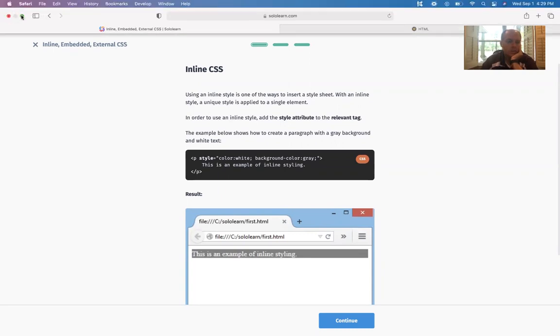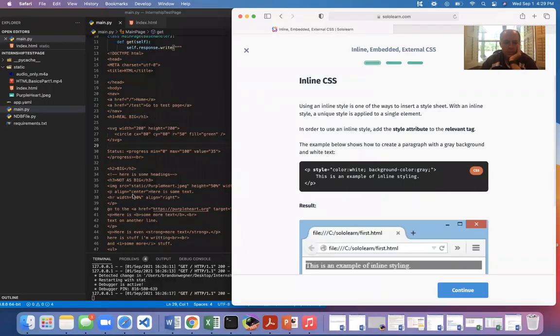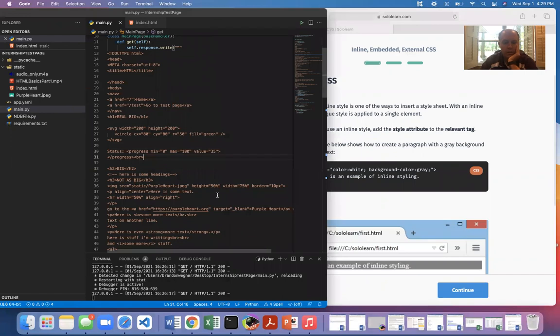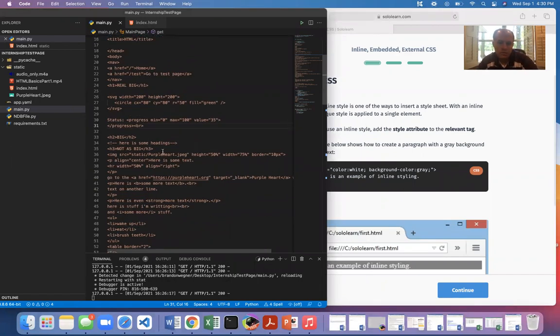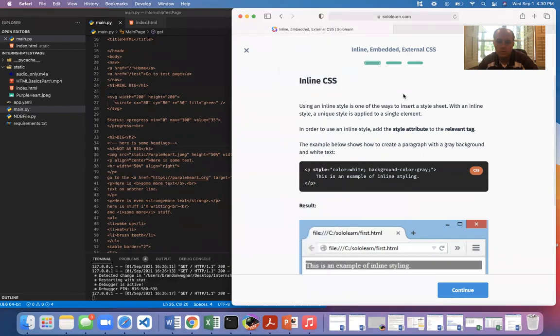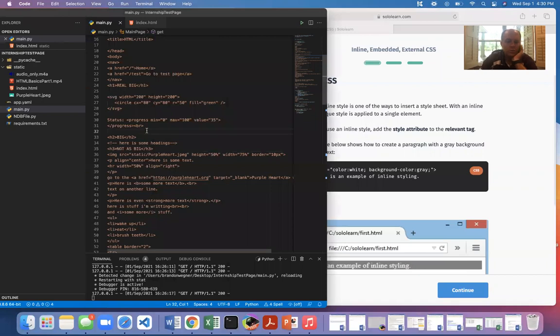All right, first of all, I'm gonna tell you, you're usually not gonna use this. Usually you're gonna be doing external CSS. But I mean, if you want to be lazy, you can do inline. I do it sometimes